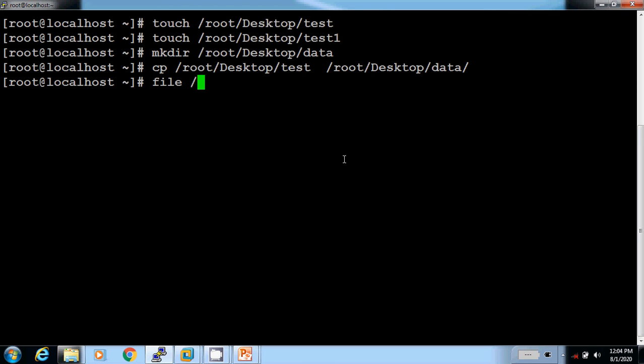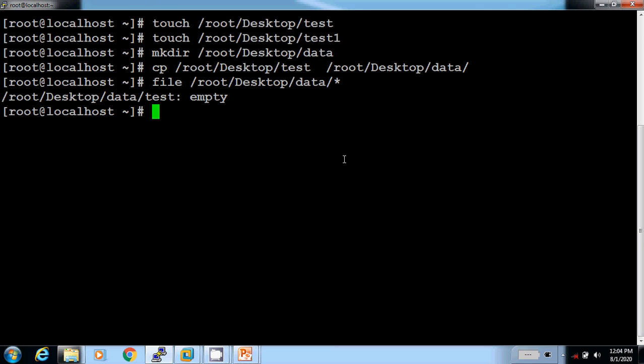I check whether my file is available in the data folder. Desktop data, yeah, the file is available. The test file is copied. The file is empty, shown as empty.